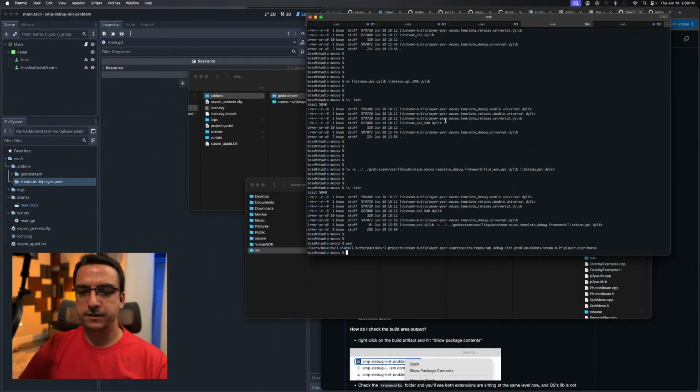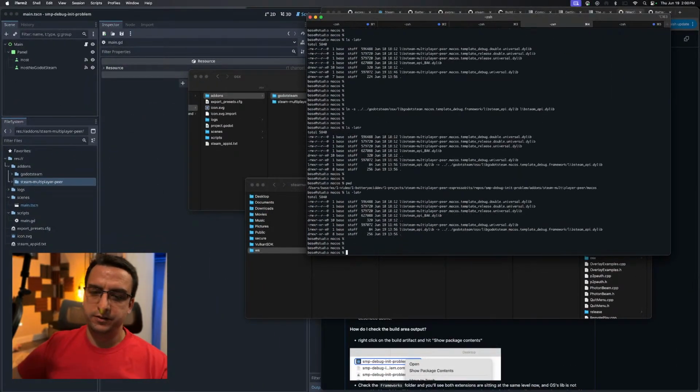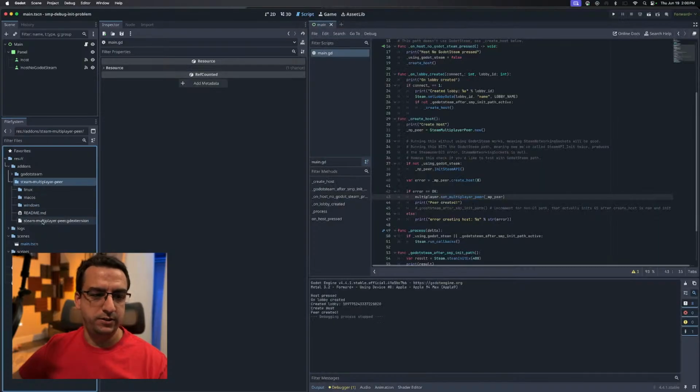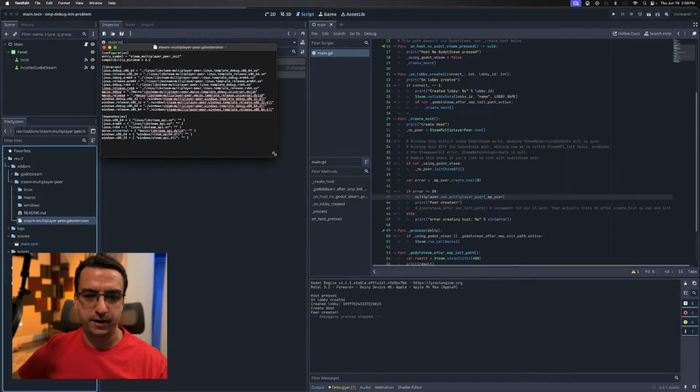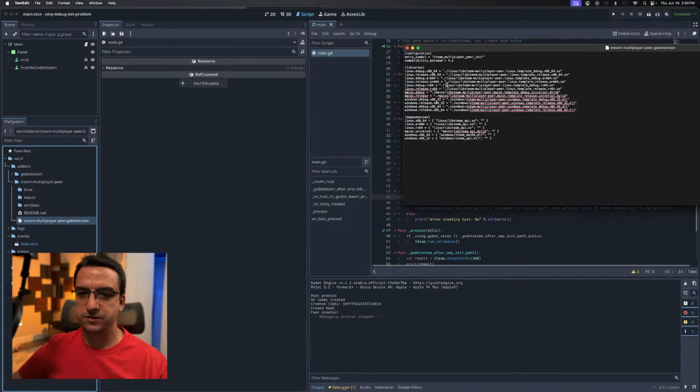symlink technique. You can see the symlink is right here. I don't know what else to say about it. I focused heavily on the GD extension. So we just open that with TextEdit. I spent a lot of time messing with these configurations for both plugins, and this dependency section's a little